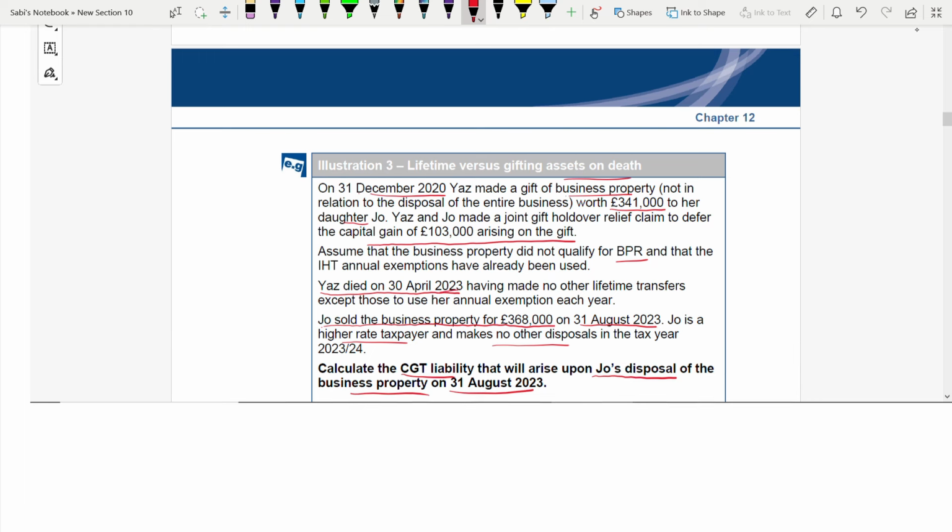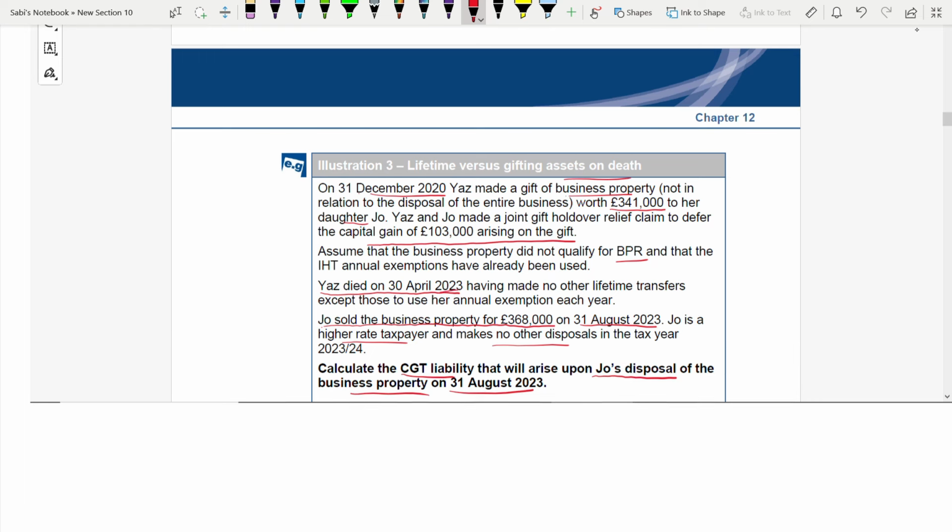31st December 20 and he dies on 30th April 2023. So the PET, even if he's gifting it to our daughter, it's a PET. PET becomes chargeable, which means IHT is payable. That's why you have to first calculate the IHT on that PET before calculating the CGT liability. So now,